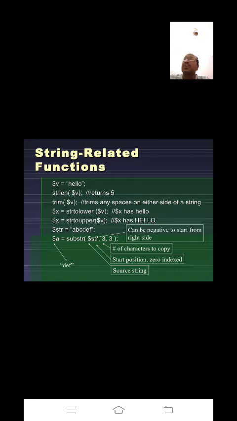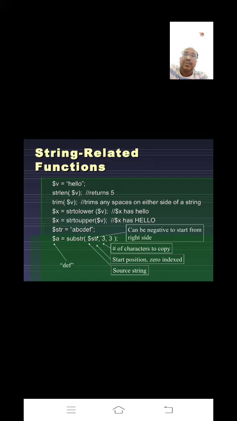So it starts from the 0th location, which means the first character is at 0. Already you know that. That's why I'm not explaining the string in detail, because you already have some knowledge about it. You already know that arrays always start from 0. A string is also an array, one type of array, but a character array, that's it. So the first character is at the 0th location.